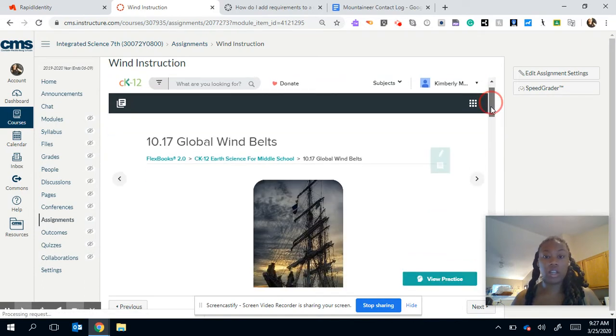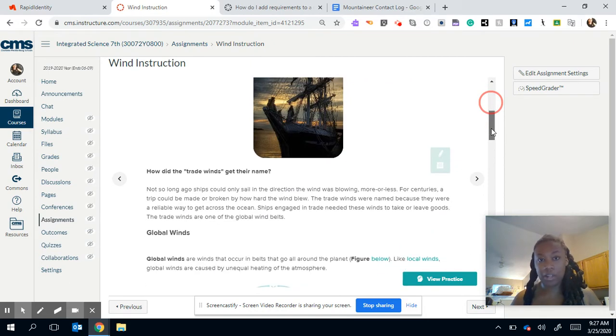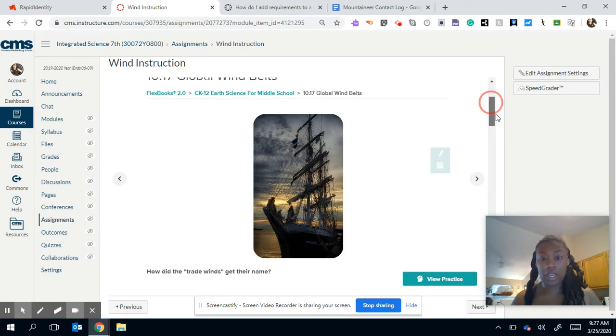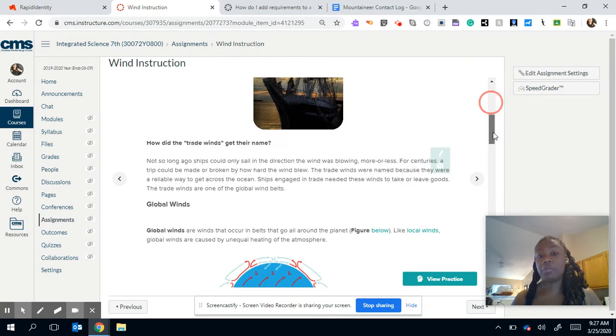So we've done these in class before, but you don't have me today behind you nagging: annotate, annotate, annotate, read, read, read. I know that there's an assumption that we do know wind, but guys, it is our worst tested standard. I wish it wasn't, but consistently we struggle with 71.5, which is this global wind. So the good thing that I like about CK12 and I want to show you is if you are using